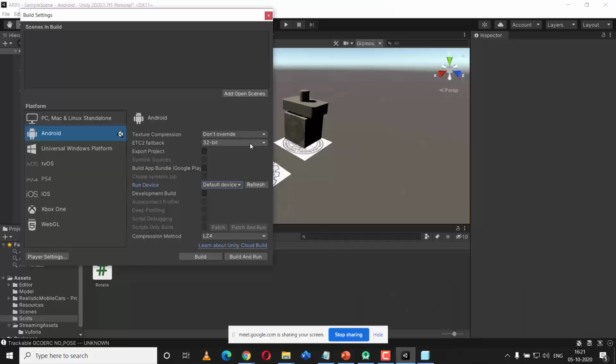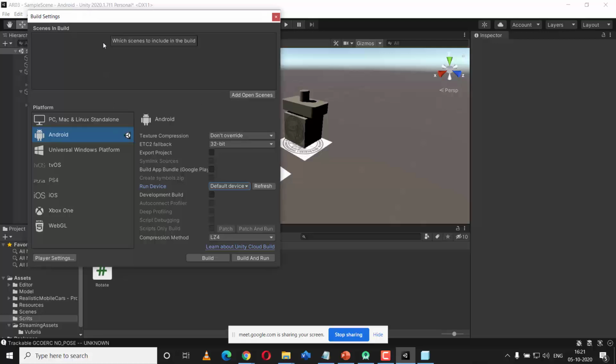Okay, now in your Unity software, again you have to come back to the